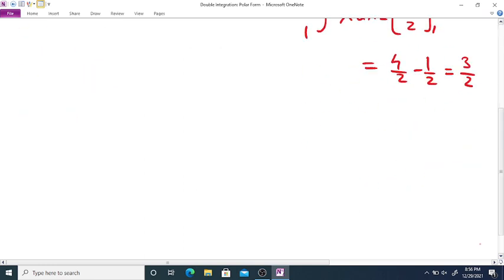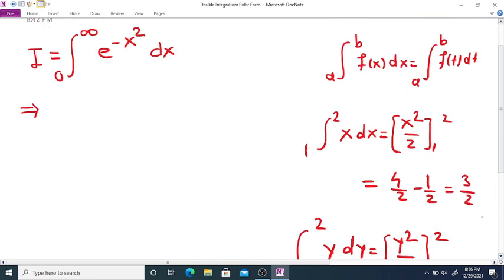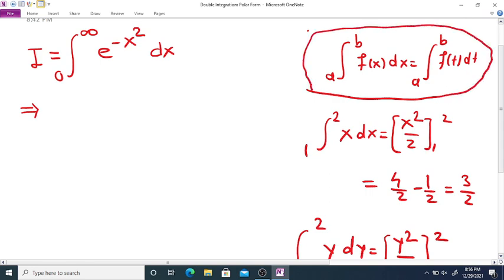And the same holds if we evaluate the integration in terms of y: the integration from 1 to 2 of y dy is equal to y square by 2, and if we put the upper and lower limits, it is again 4 by 2 minus 1 by 2, so it is equal to 3 by 2. So the integration from a to b of f of x dx is the same as the integration from a to b of f of t dt. In definite integration, the variable doesn't affect the value of the integration. So here I am writing I is also equal to the integration from 0 to infinity of e raised to minus y square dy